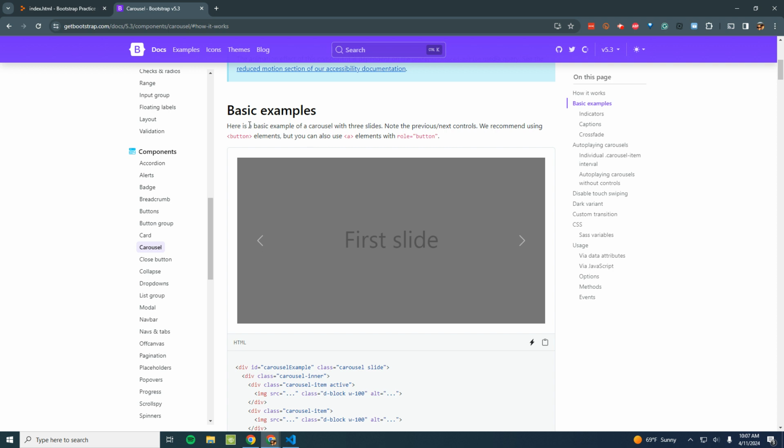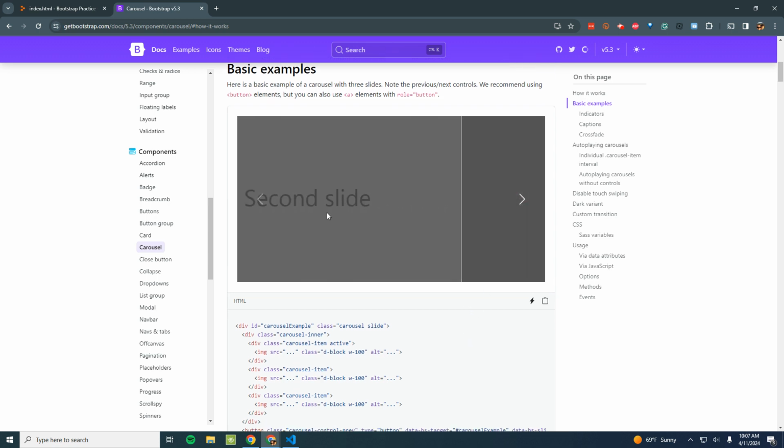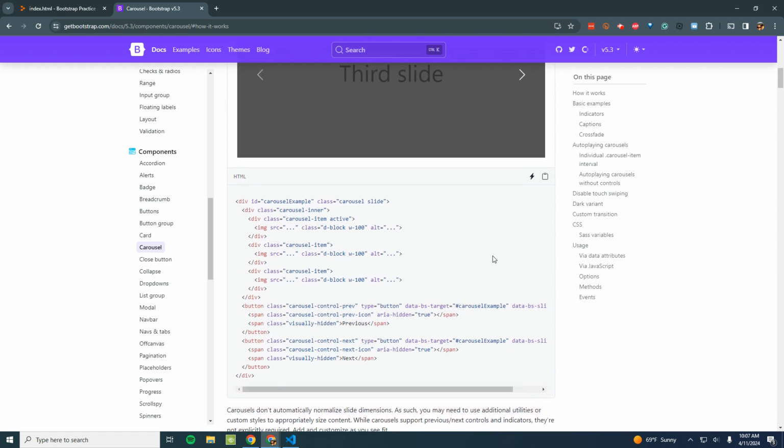We go down to their examples. Here's the basic example. First image, I can click on the next or the indicator and it will move to the second and third slide and then go back to the first. So if I want to build a very simple carousel that can only go back and forth and only when you click on it, I would